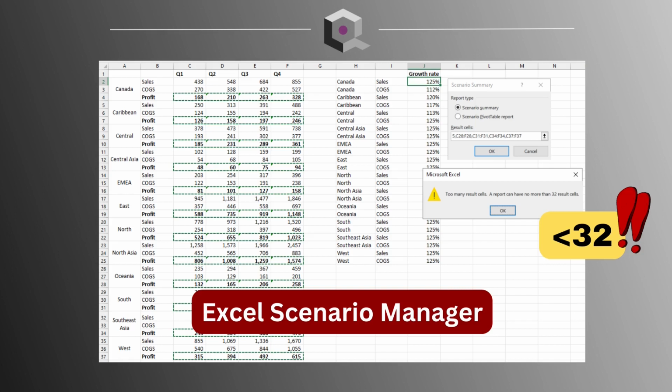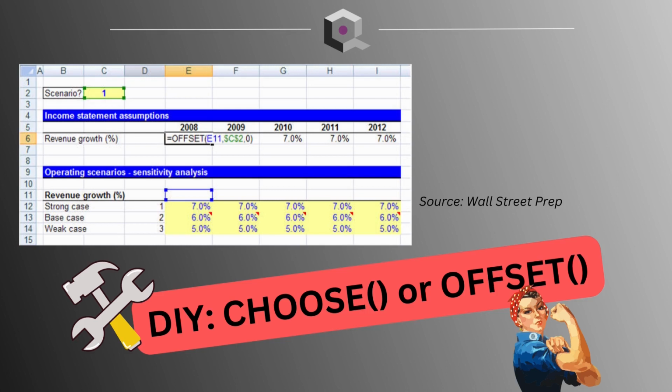The most common examples that I will often see are things such as offset and choose in spreadsheets. Again, this can work pretty well. This is very effective if your model is pretty simple, but when we start to build out enterprise level models